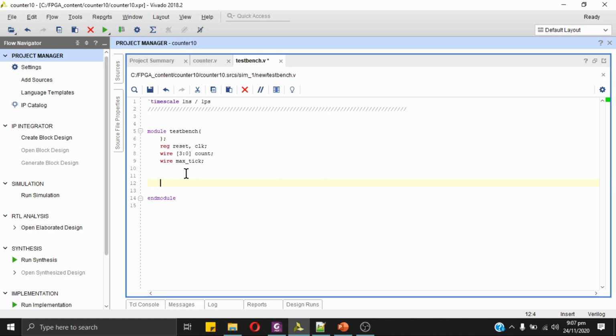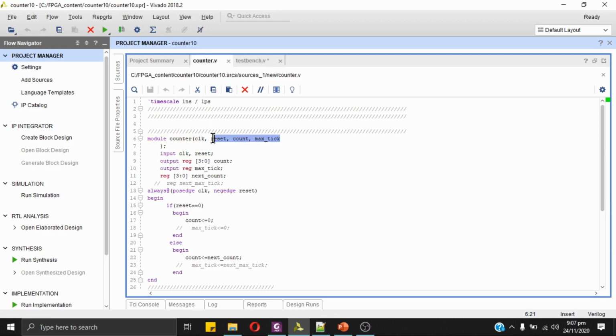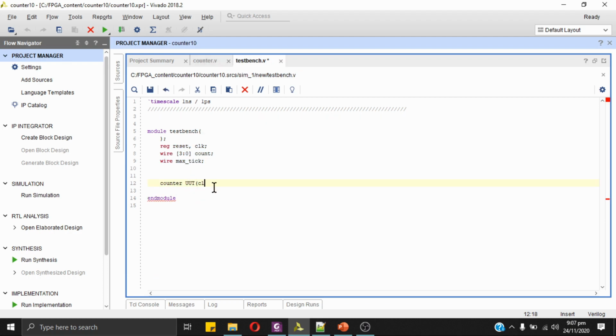So now I will instantiate the design. I will call the design counter UUT, a unit under test, and I will connect these variables with the ports of this module. Clock will be connected to the clock of the module, and then reset will be connected to the reset of the module, then count, followed by max tick.